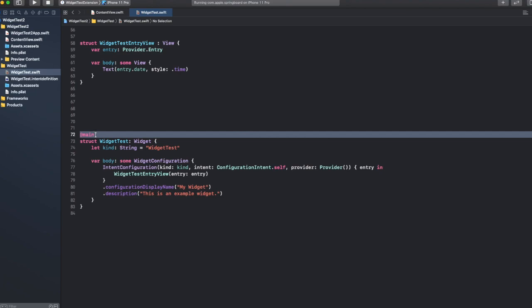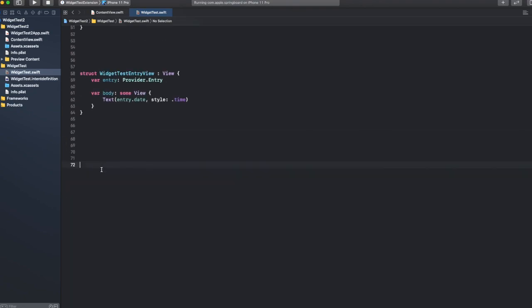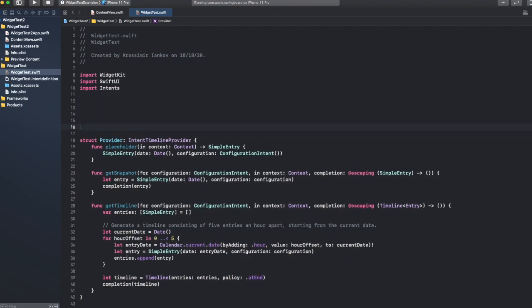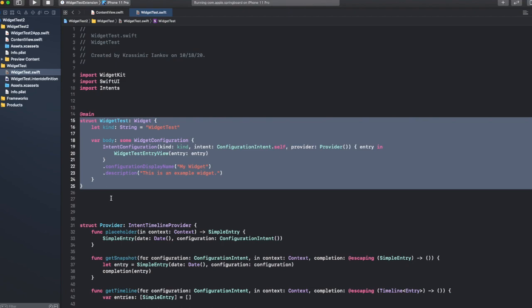This keyword, this @main, catches my attention, and I think this is sort of like in the old days of Objective-C when you had an implementation file and you sort of had to say where your implementation code began. I'm not 100% sure why it's here, but I'm going to keep it here. And I'm going to simply focus on this code and try to understand it. I'll move it to the top of the file just because